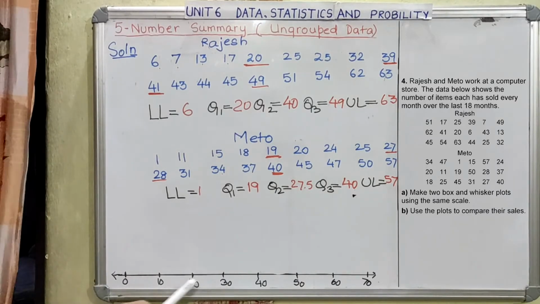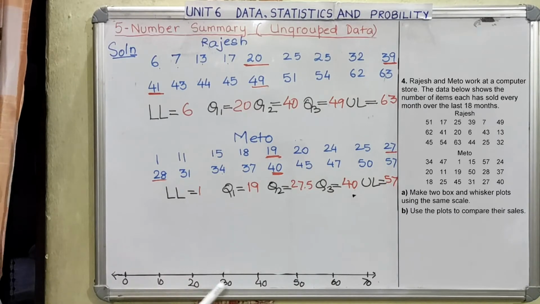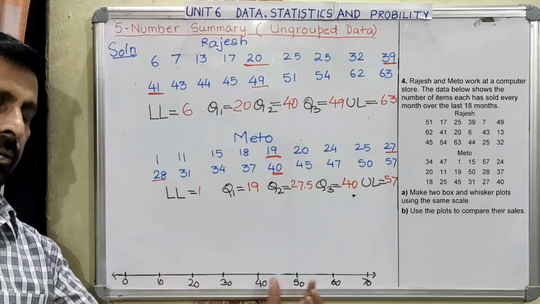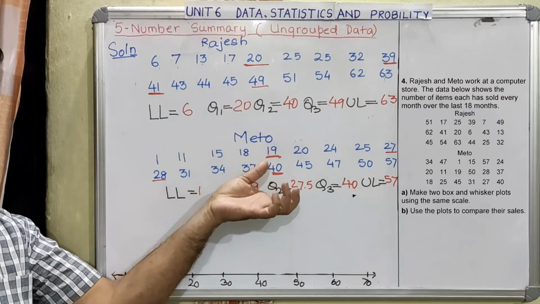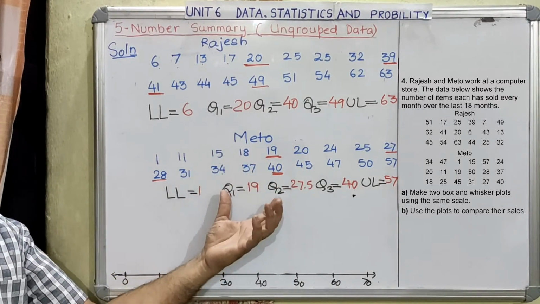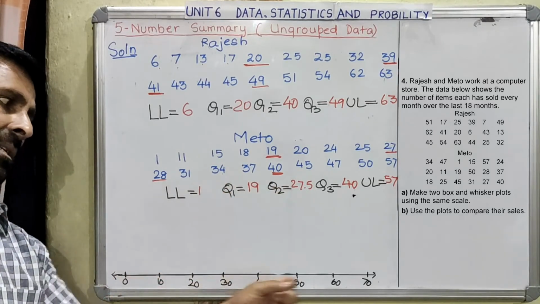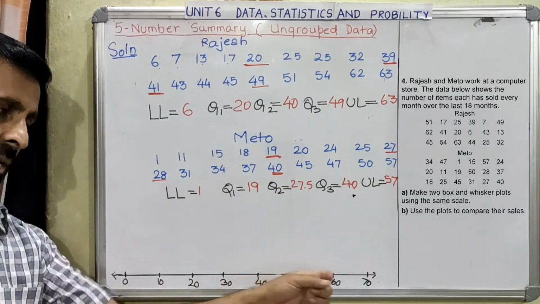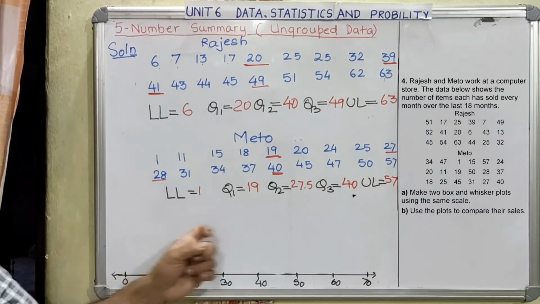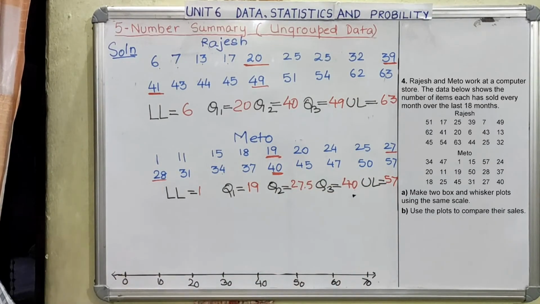Now you need to have a scale. That scale I have already drawn. Here there is no histogram. Only you have the 5-number summary, and then you have to plot it. If you only have to plot the 5-number summary, then you can manage it with just a straight line. And on this number line, I wrote the minimum value, and then the maximum value also should be included. After this, now we will draw the box plot.